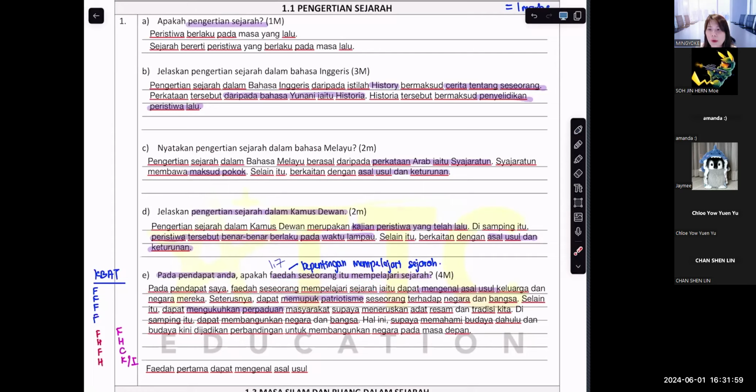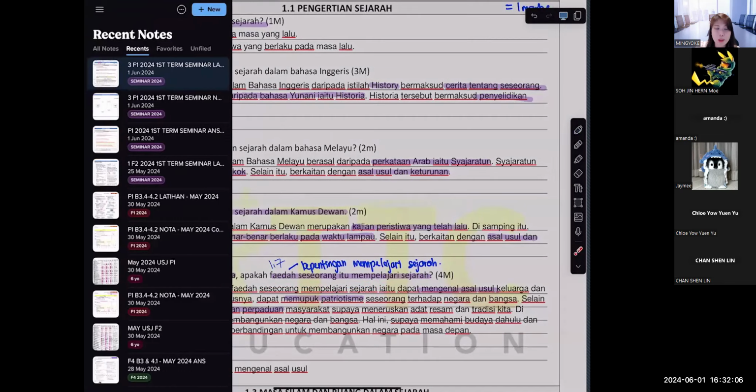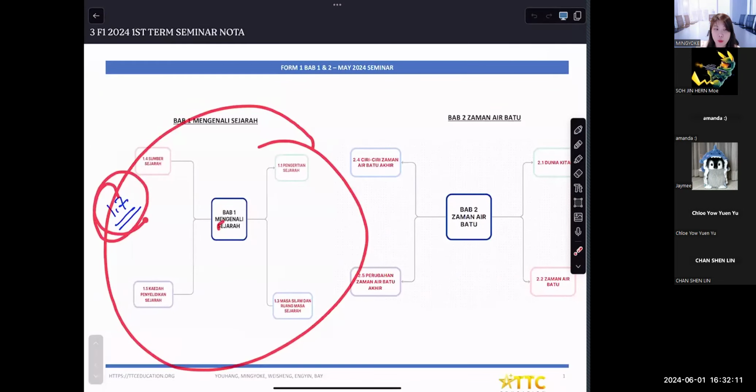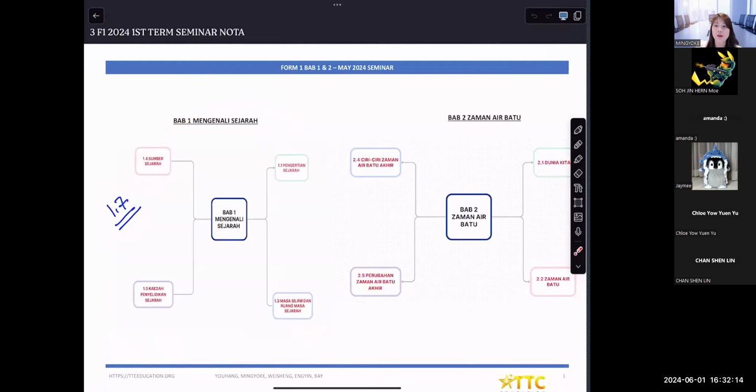Teacher, do we need to memorize this for exam? Guys, remember I gave you the question answer notes? All the points you need to memorize. For example, here, I never give you 1.7. But 1.7, what's the answer? We got what? Mengenal asal-usul. Mengambil iktibar. Remember? Memupuk patriotisme. Mengukuhkan perpaduan. Then, other than that, membangunkan negara dan bangsa. Sama what? Mengaplikasikan kemahiran pemikiran sejarah. All this is your fakta.